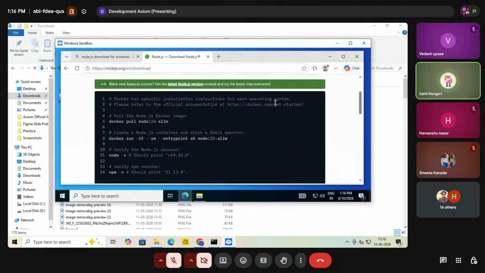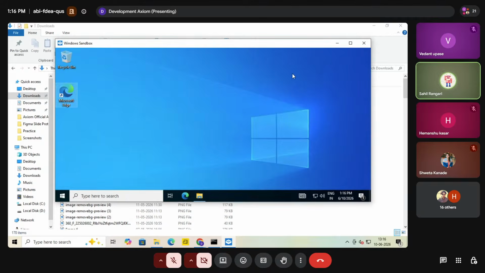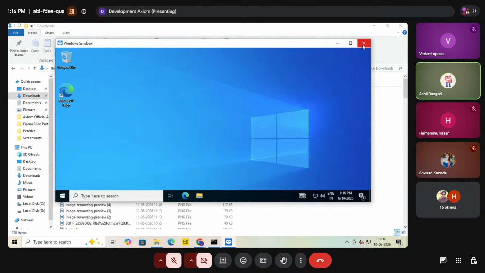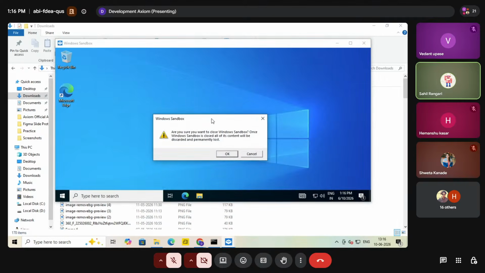If right now I close this window and close the sandbox, and then open the sandbox again, we'll check whether this file is available or not. We'll close it, and while closing, it will give you a warning message. I'll read it and you hear it: Are you sure you want to close Windows Sandbox? It is asking you for permission.